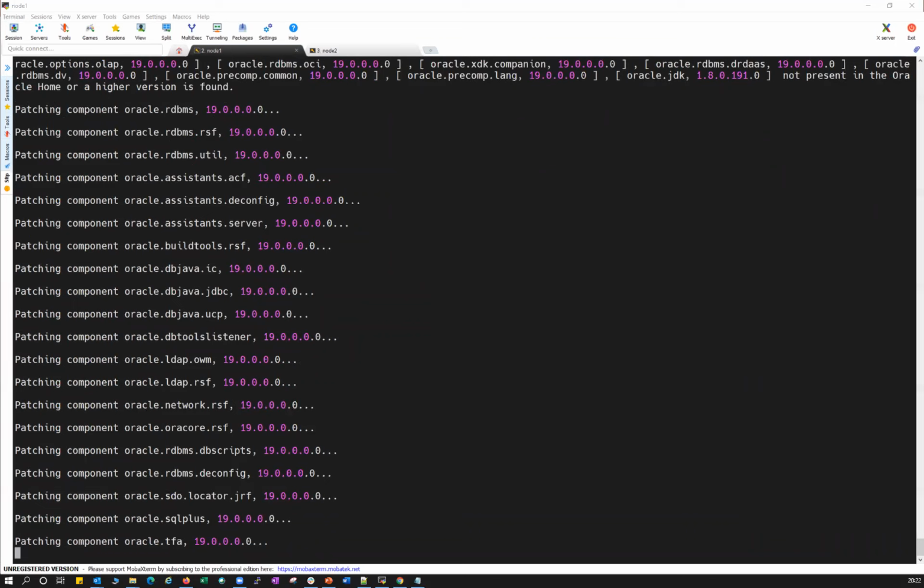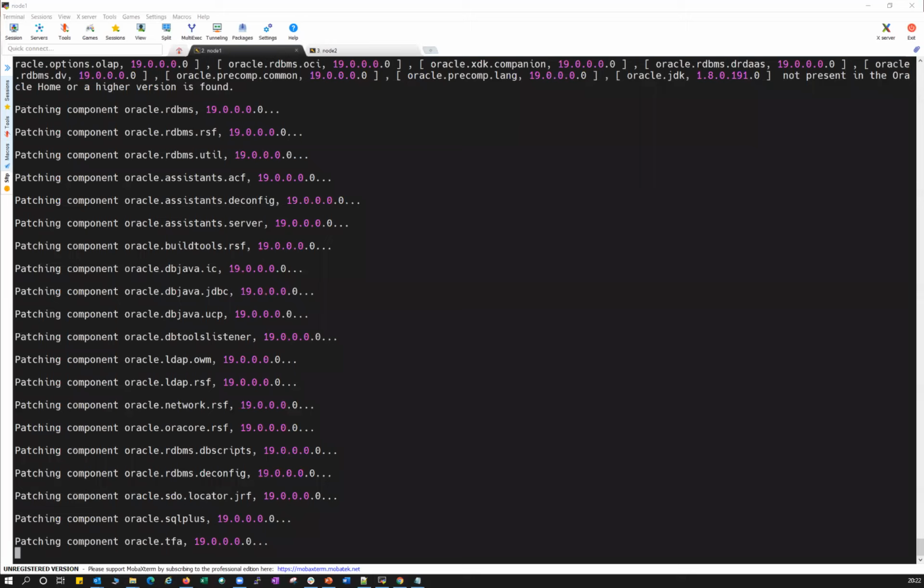OJM is always a special patch. Earlier, when you applied the OGM patch, it needed downtime to run the data patch on your database. Now, a few quarters back, Oracle made some changes with the OGM, and you can run your data patch online without downtime. But OGM is always the trickiest patch. It never used to be applied in online mode; it always needed downtime. But I think in the last year, Oracle has made some changes, and we can apply the OGM patch in online mode without downtime.